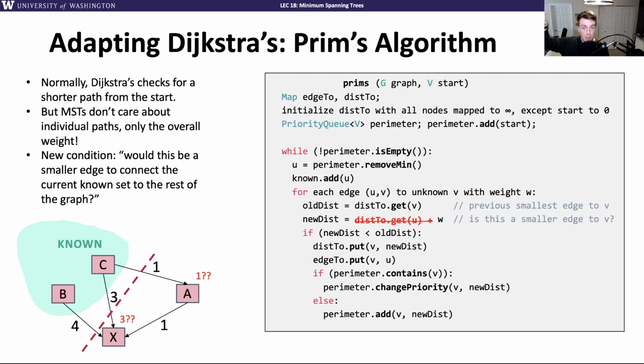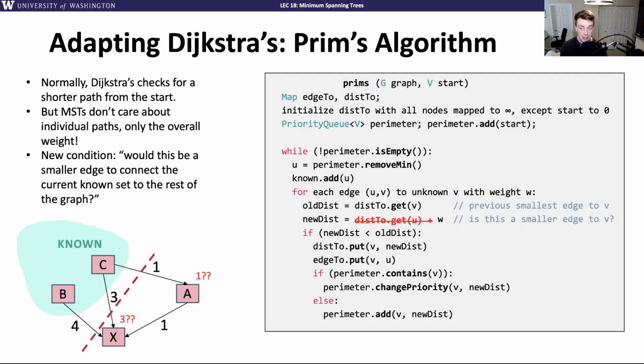The known set is expanding. It's the set of all nodes that we currently know the shortest path to in Dijkstra's case, and for Prim's, the minimum spanning tree. And this forms a cut in the graph, the cut being all of the known vertices and all of the unknown vertices. And using the cut property, a minimum spanning tree for the whole graph must include the smallest edge weight that